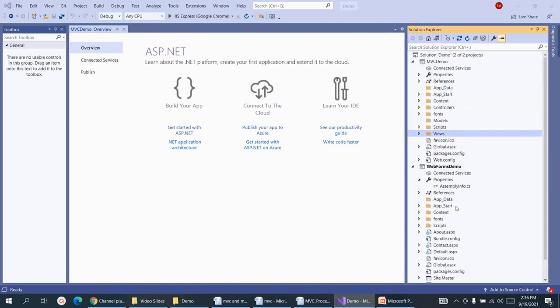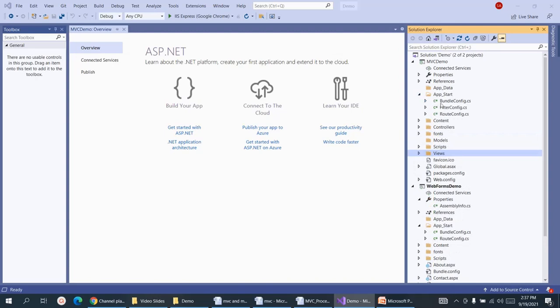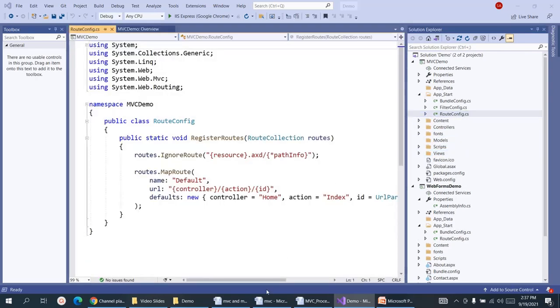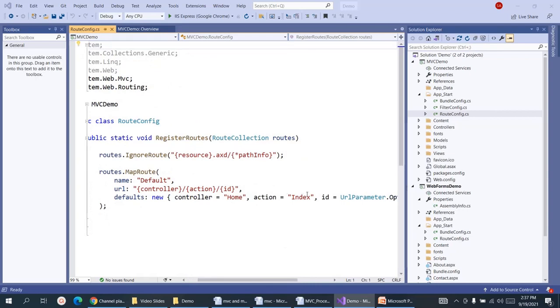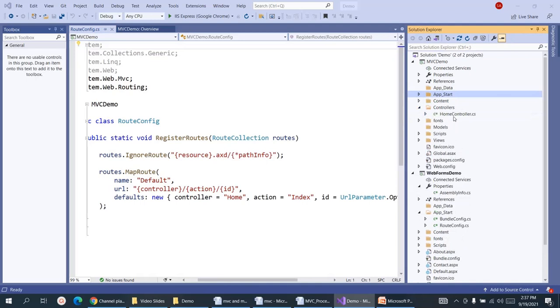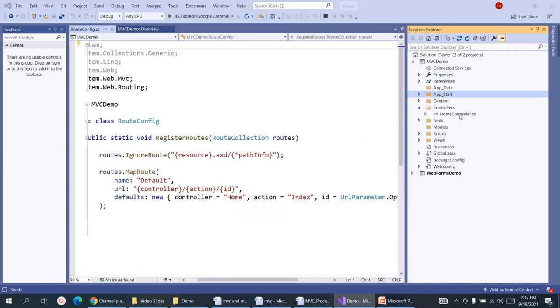Along with this, additionally here in App_Start I have bundle config and route config. In this route config I can find RouteConfig.cs. In this file the default controller and default action method are mentioned. As we received the home controller as the default controller, that name and the index action method are mentioned over here. If you are adding other controllers, you can mention those controller names here. Now I will come and explain this home controller.